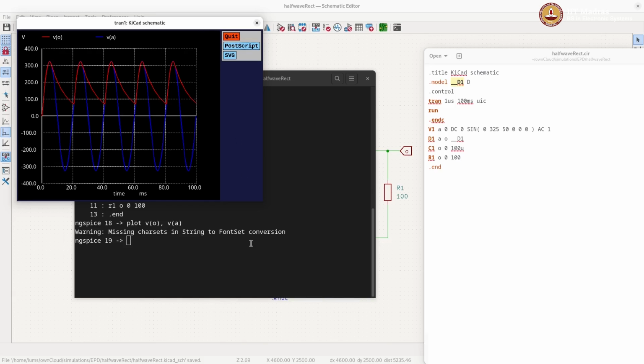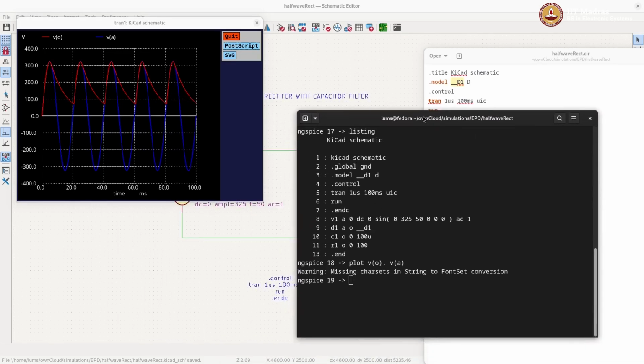Let me go back here. There are a few ngSpice commands which you can invoke. I'll say set color 0 equals white. So color 0 is the background color, and I'll set it to white. And set color 1, which is the foreground color, to black, and it will set the foreground color to black. And now let me plot V naught